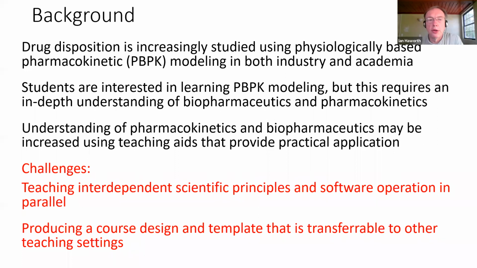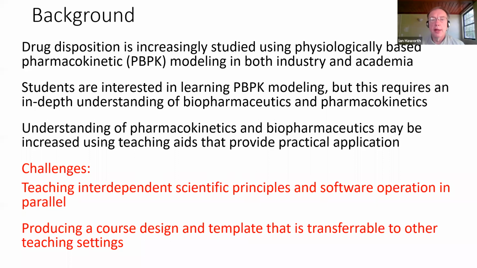So for those of you not in the US, that is the PharmD degree, students training to be clinical pharmacists, but the training that they receive, I think, is really appropriate for PBPK modeling as well, with additional courses and further education. So it's not just masters and PhD, it's PharmD and in general, students training to be